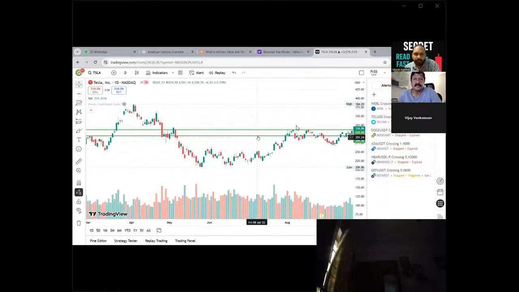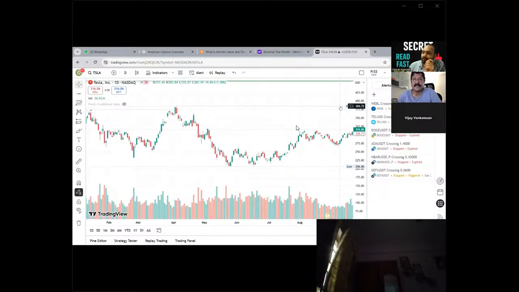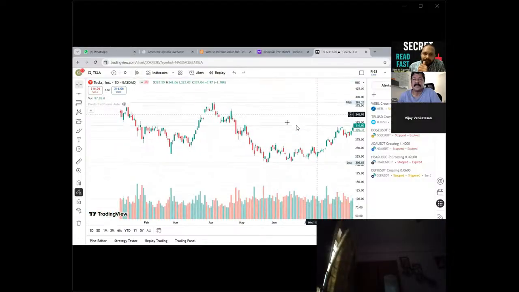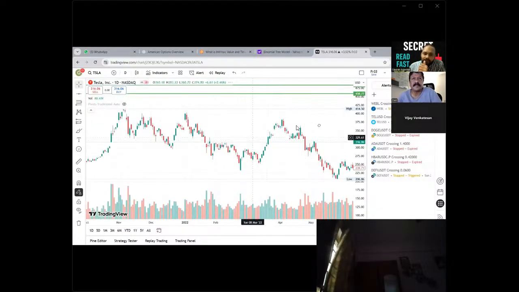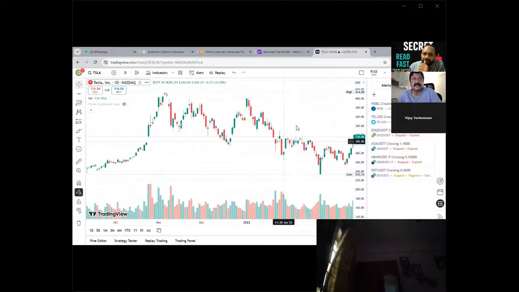So the important thing is the first step. What is that? We have to learn how to identify that candle. We should identify the correct candle. Then only can we take the correct trade, right? Once the candle is correct, then only we can take the correct trade, as otherwise we may get stuck in the trade, right?